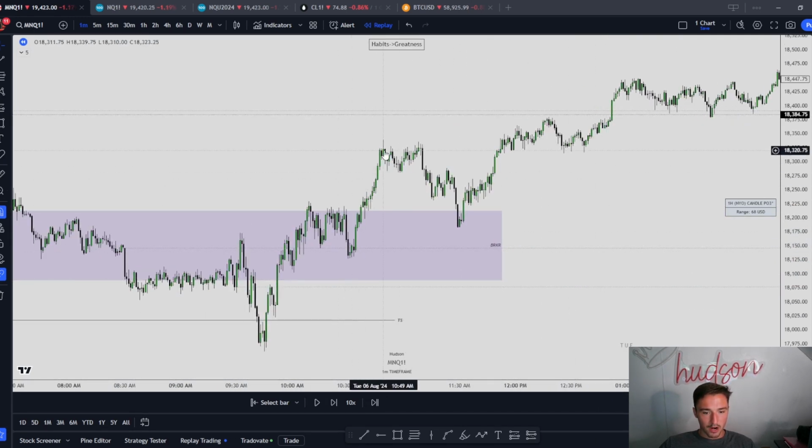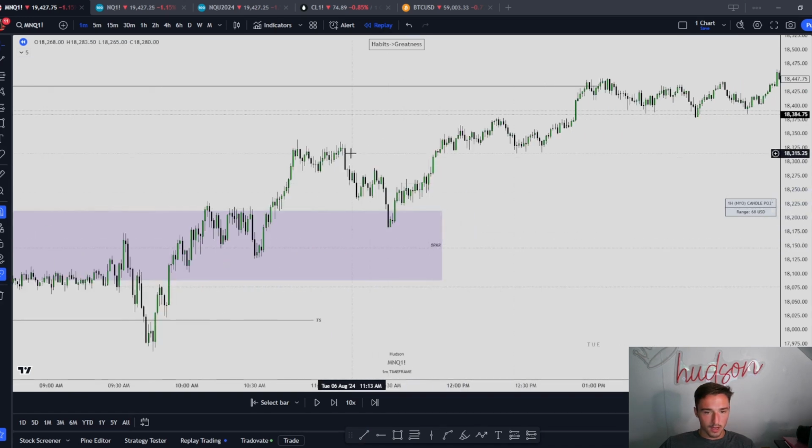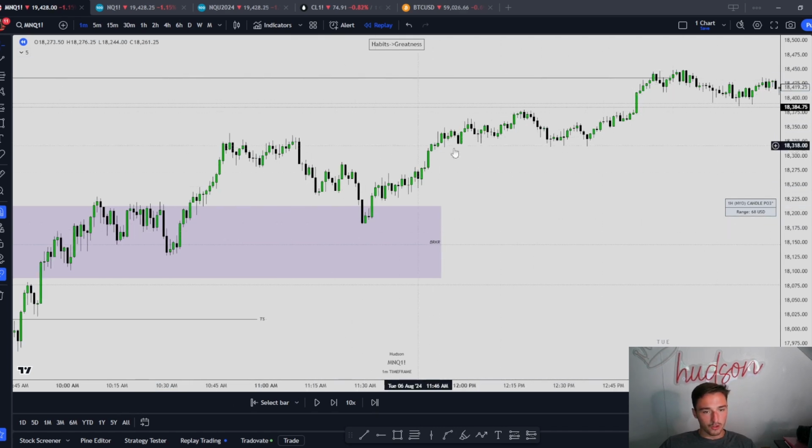Right here is that break above the highs and the closure above. We slowly trade down back inside this breaker, and we still have not yet reached the draw on liquidity, which is up here, right? So we come down, we trade back inside this breaker, and then you get this displacement out, right? So we have equal highs up here as well,